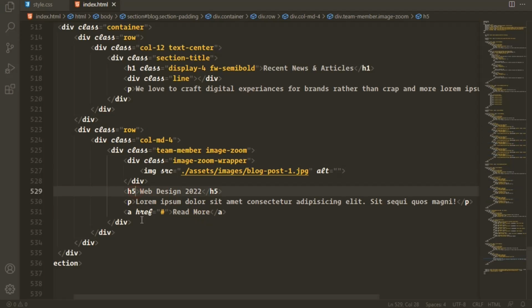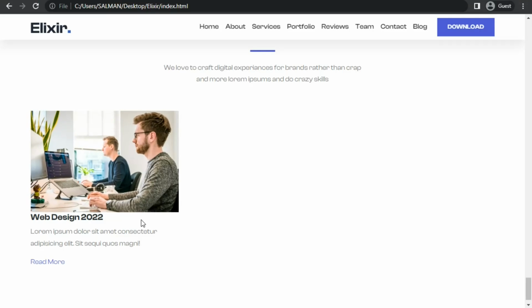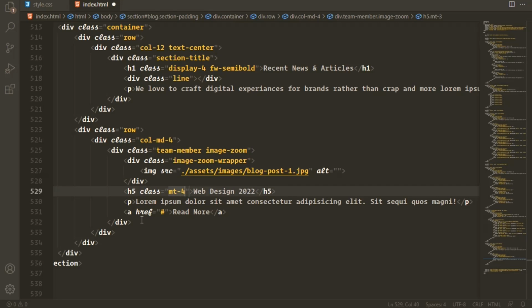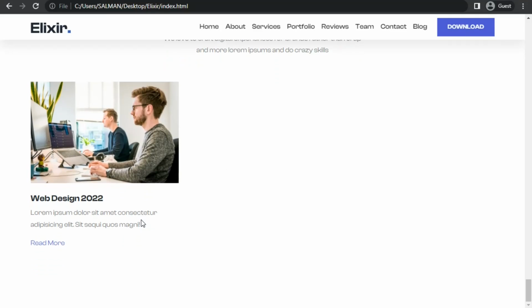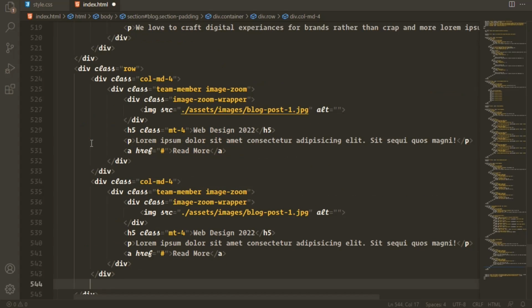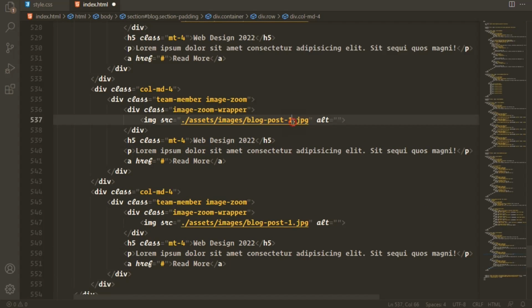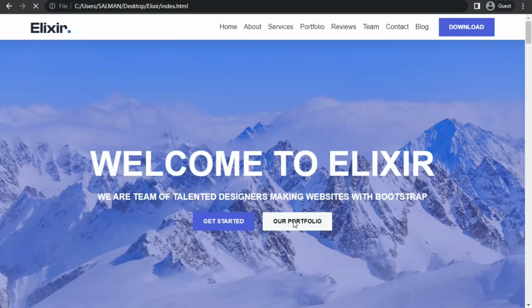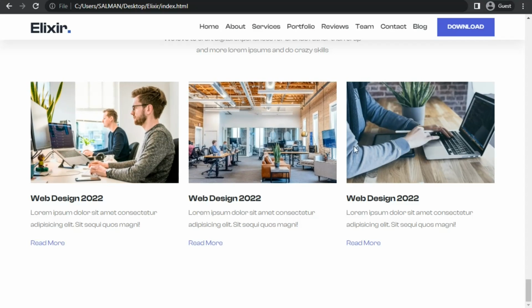And I'm gonna select H5. I'm gonna give a margin of 3 rem, 4 rem. Okay, looking great. So I'm going to copy this blog column. This will be blog post 2, 3. Save it and refresh. So as you can see,